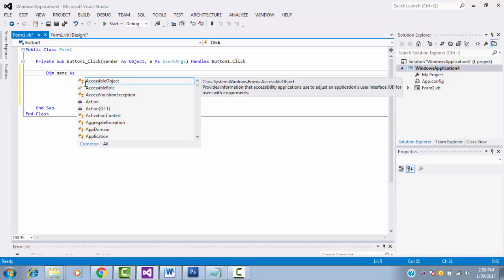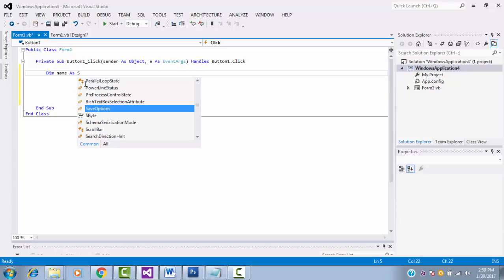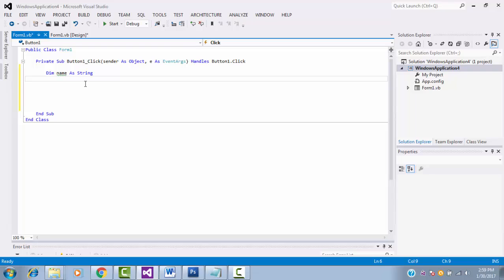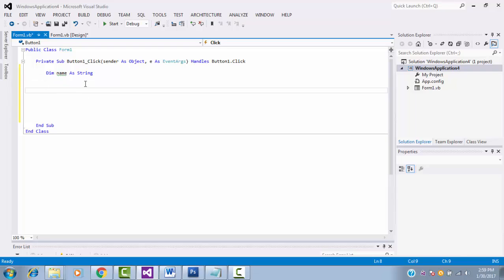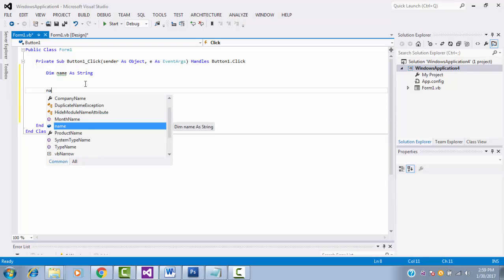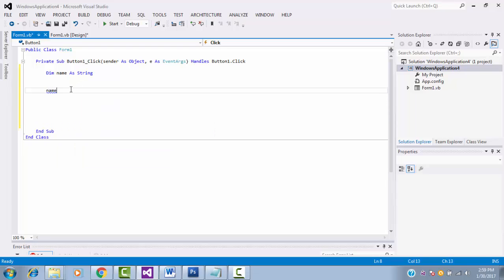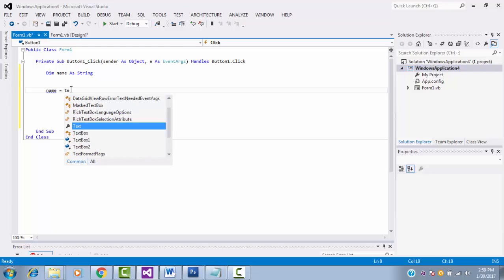Here you have to give the specific data type. What is the data type? String. Right. Now what I am going to do is I am going to equal them. Name equal text box